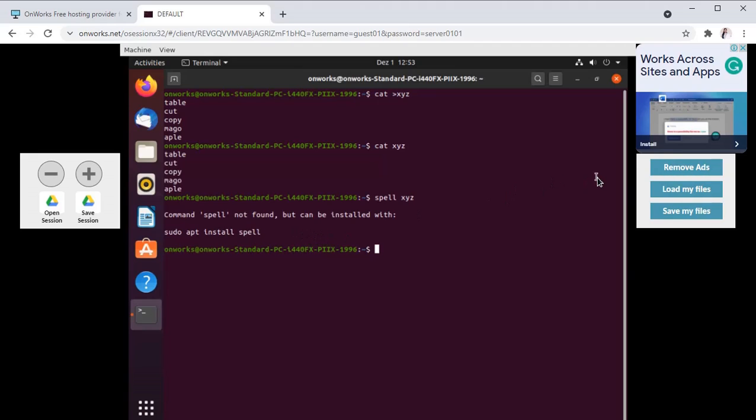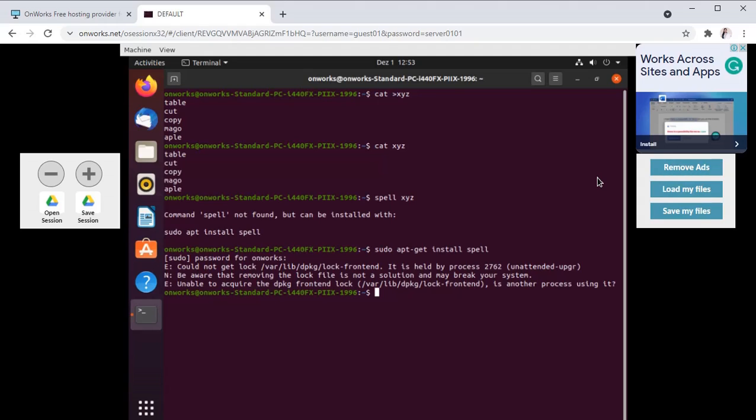For installation we will use sudo apt-get install spell, enter. It will ask for a password, so the password is 123456. Enter. Install spell.